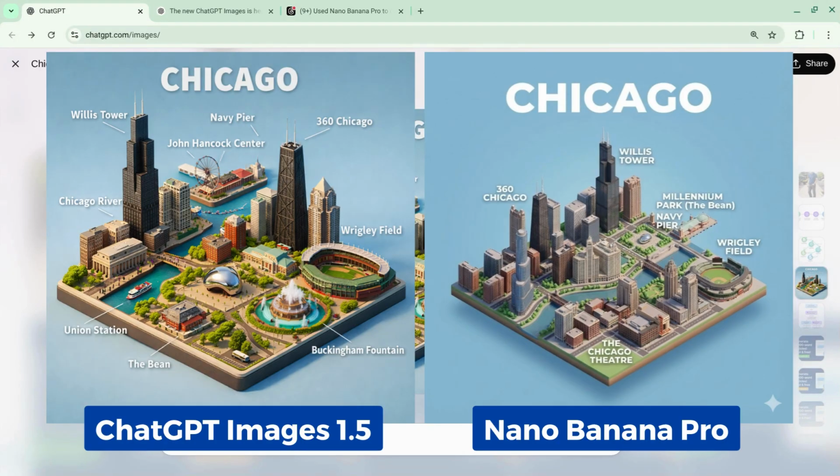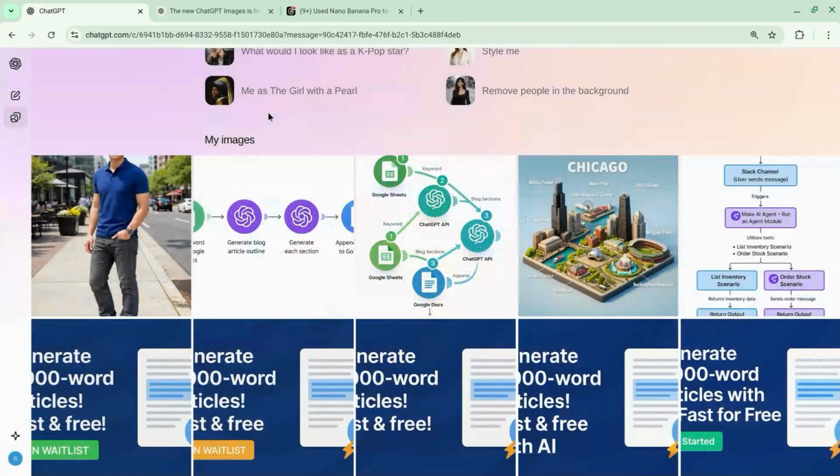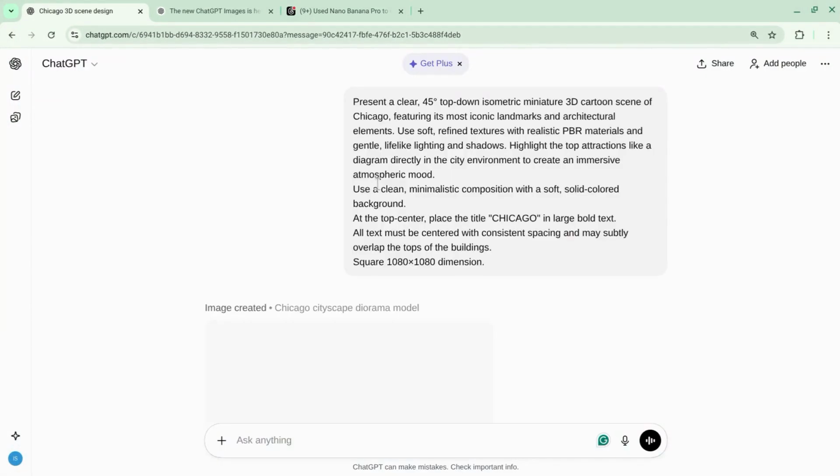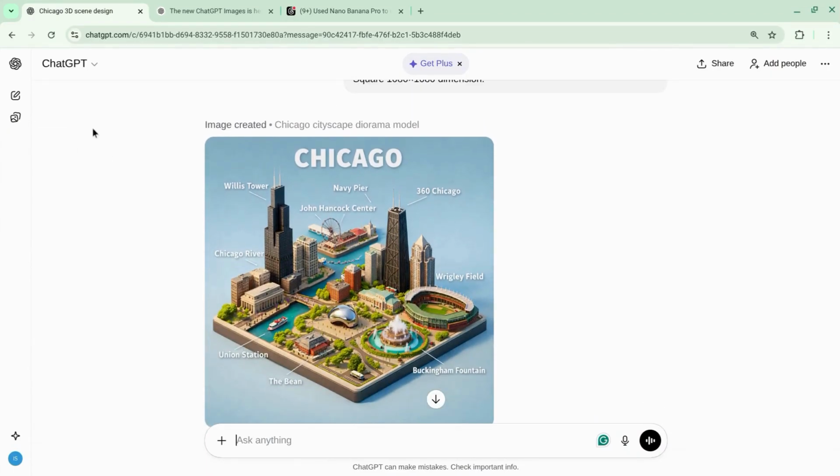and resolution. If I want to see the prompt that I use, I'll go to the top here, click on the 3 dots, and select Open Chat. And this will show me the prompt as well as the image. If I want to go back to images, I'll go to the left navigation here, click on Images, and we'll